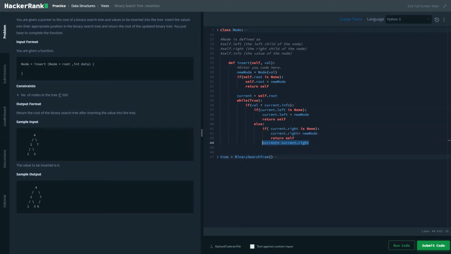That's the entire idea of writing this code. One thing to change here would be